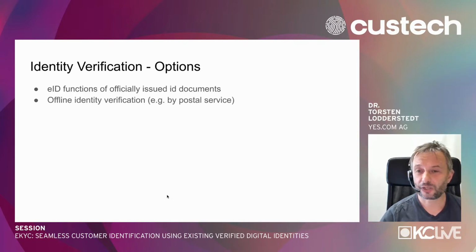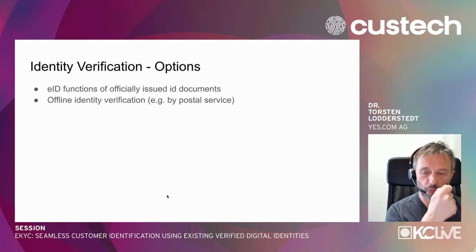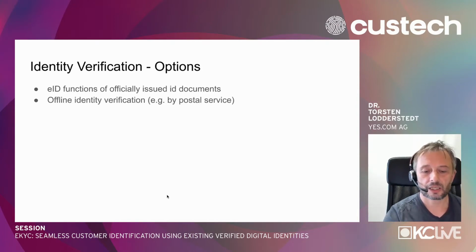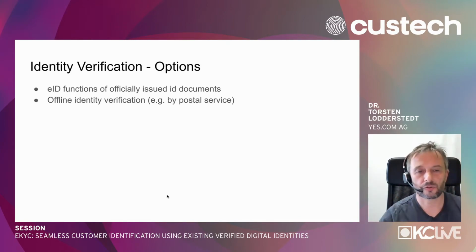And there are other ways to verify the identity, more traditional ways. So, for example, the Postal Service might offer the identification of a customer in the local branch. The obvious disadvantage is that if you are in a digital transaction, you have to suspend that transaction, print out a pile of paper, go to the post office, sign that pile of paper, show your ID card, and then the clerk of the post service will wrap that in a letter and send it to the service provider. So obviously that